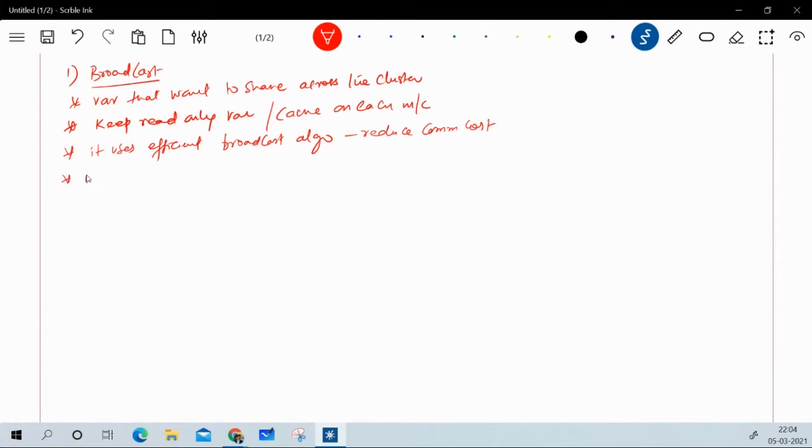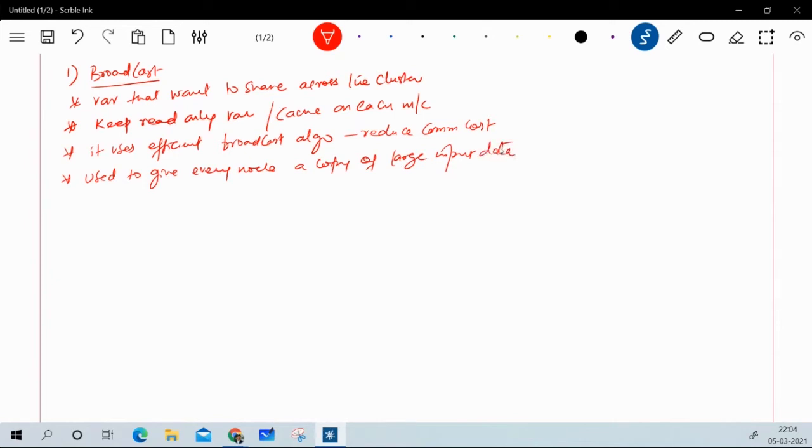This broadcast variable is used to give every node in the cluster a copy of large input data in an efficient manner.